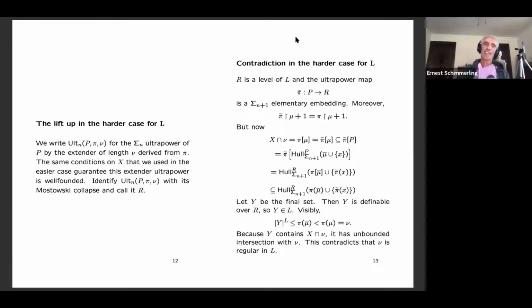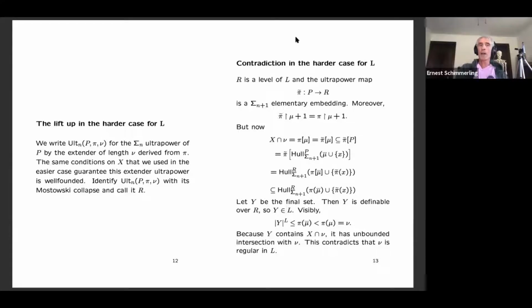And I don't think I have time to say what that means, but pi is an embedding from L bar to L sub omega, and you can derive an extender of length nu from such an embedding,